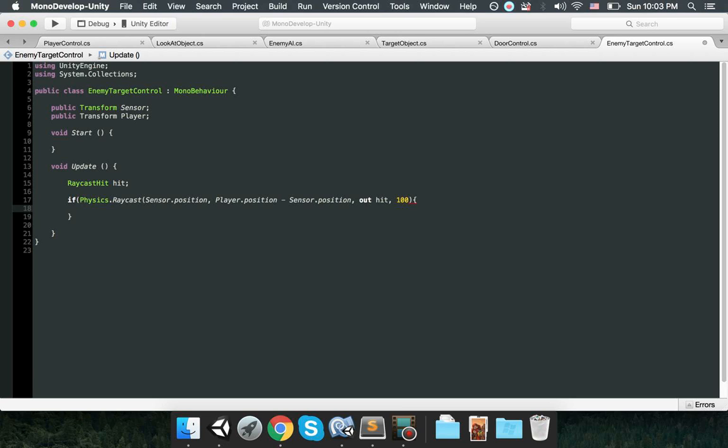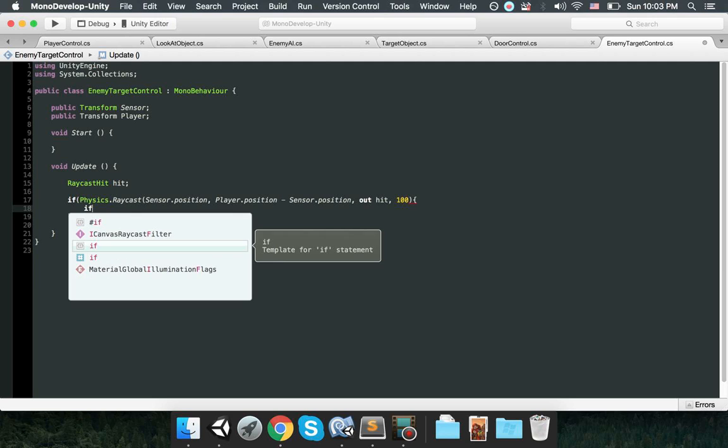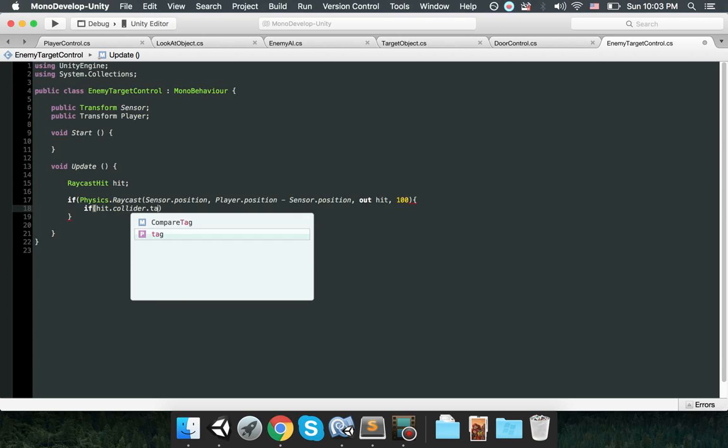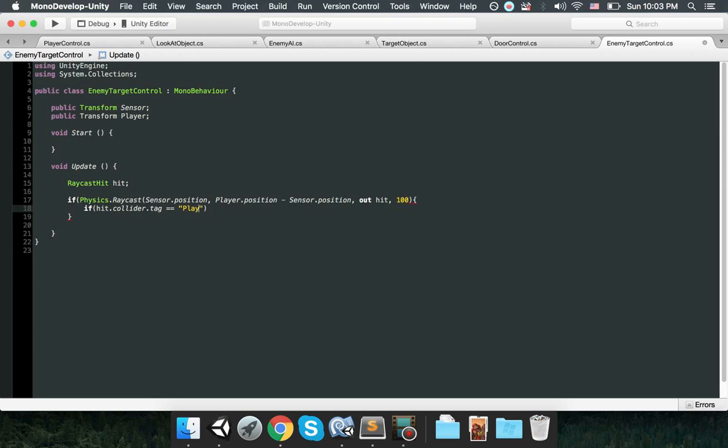Now if the ray actually hits something, then it's going to go inside the if. Then if hit.collider.tag equals player, means the object that he's hitting is actually the player, then